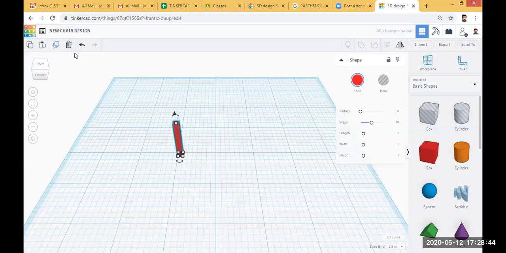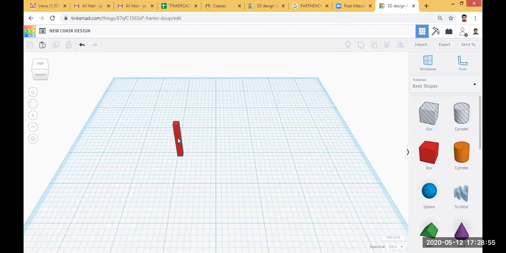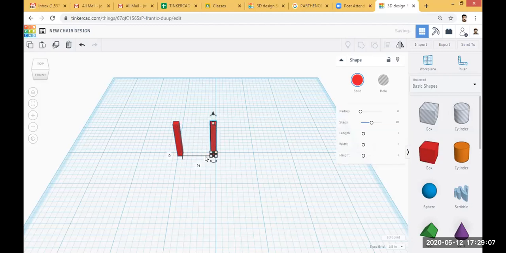So the duplicate item is actually created, but you can't see it. It is actually merged with the original, initial shape. So you just click the initial shape using your mouse and then drag it. You can see this is your first duplicate copy.